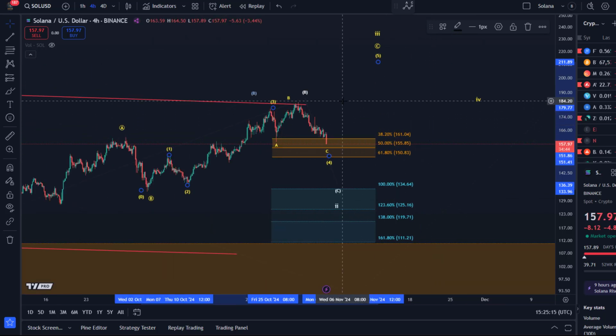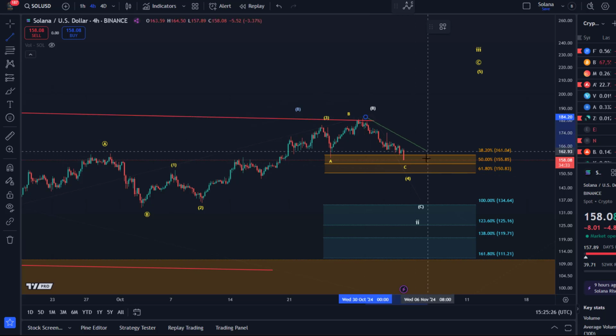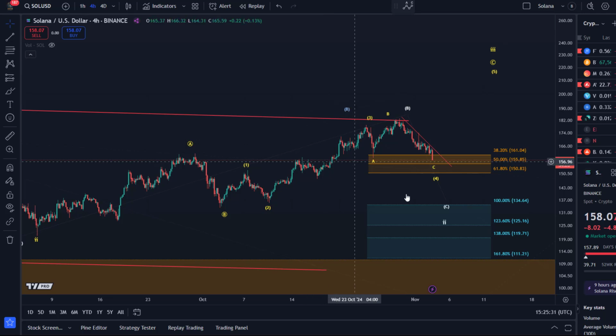In the very short term, you see here this possible bearish engulfing candle. It's not closed yet, but it might develop into one. That just indicates downside pressure is still high. You can maybe even add a small trend line here if you're looking at this chart on a smaller time frame, and as long as we stay below that trend line. A break above the trend line could be the earliest signal that this wave 4 has bottomed, and the next possibility for Solana to turn around to the upside, at least start a breakout attempt, is 155.85 and